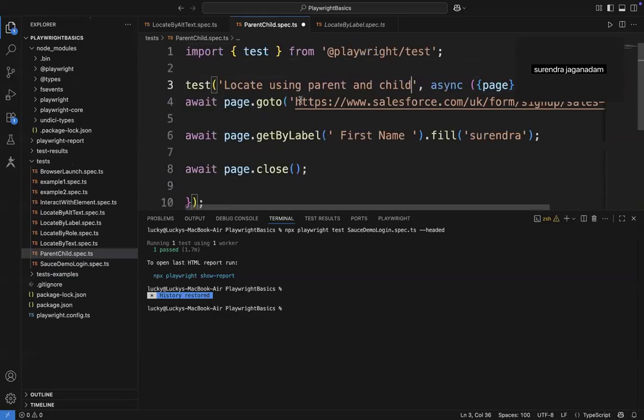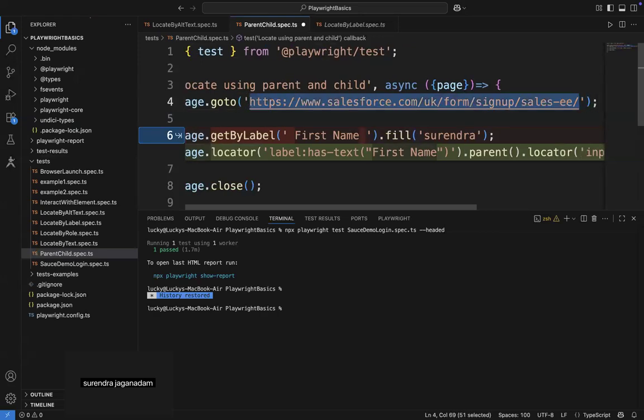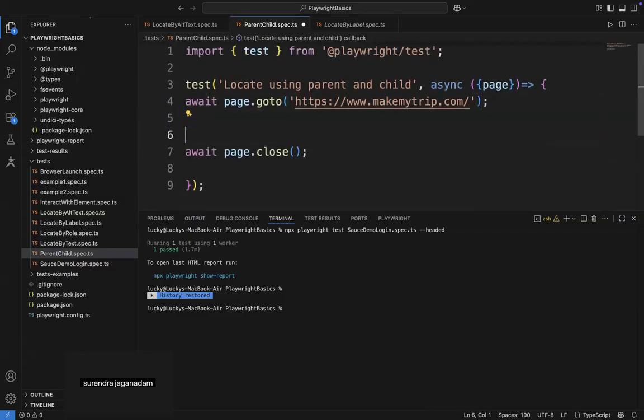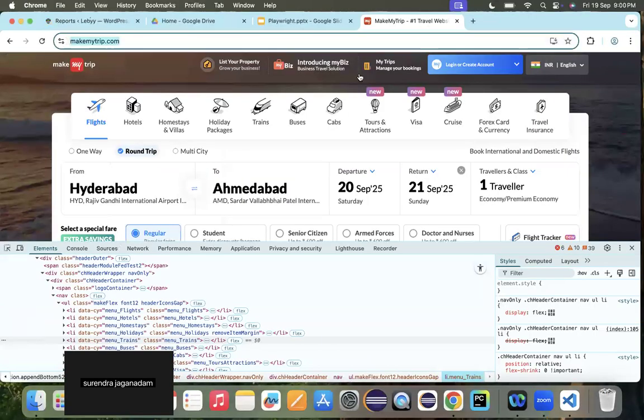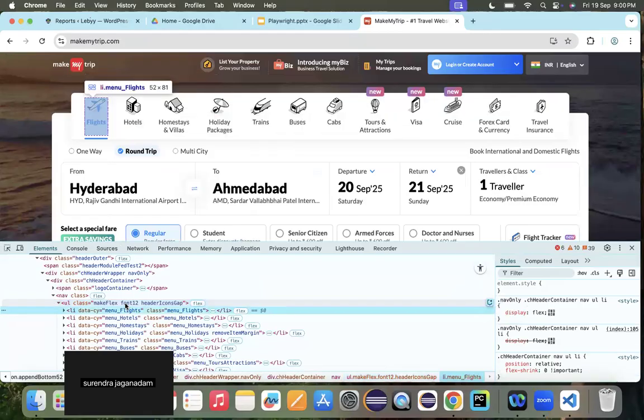So let's go back here and update the URL to makemytrip.com. So I'm just updating my URL to MakeMyTrip. Go to this and delete all of these unnecessary comments. Perfectly all right. Now here we are identifying this as a parent, and from this particular parent, I want to identify